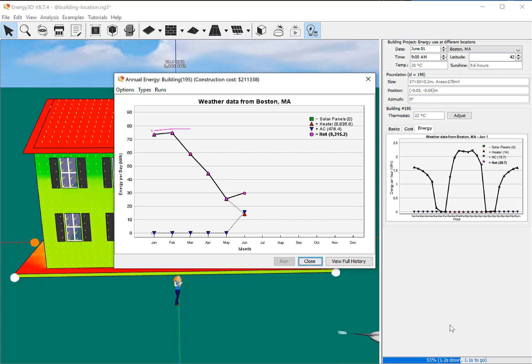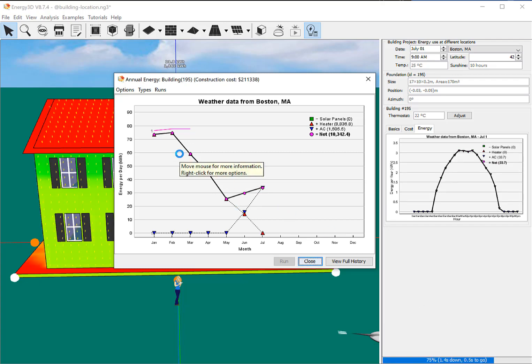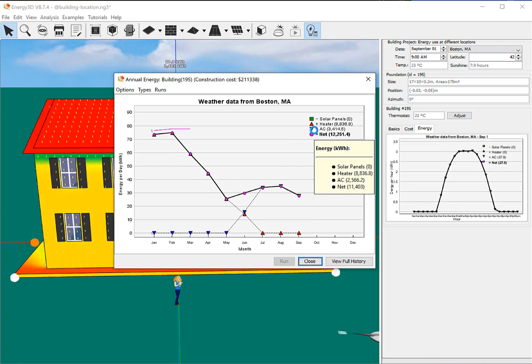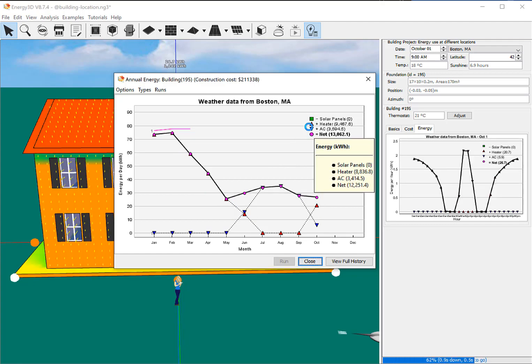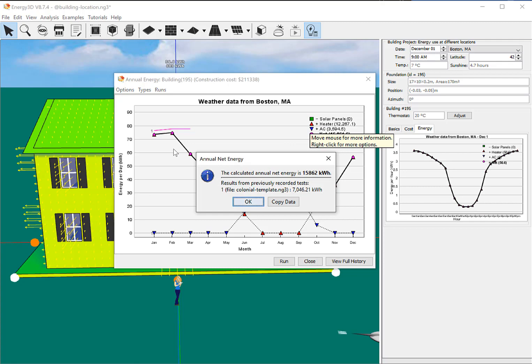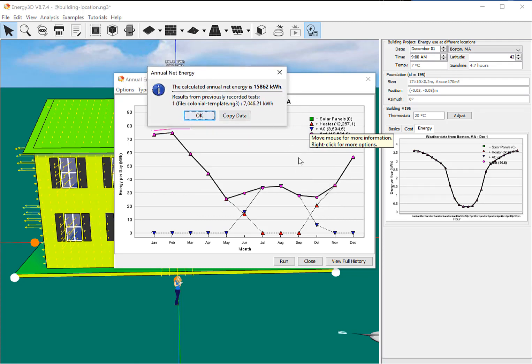Okay. And we're going to see up here our total energy usage. And notice our green, we don't have any solar panels, so we don't have any green. Red is kind of heating costs, and the blue is air conditioning costs. So not surprisingly, as we hit June and July, we start to go up. And then these purple dots are our net energy use. All right, so you can see heating is actually fairly high for us here in Boston in the morning. And this tells us our total energy costs here,